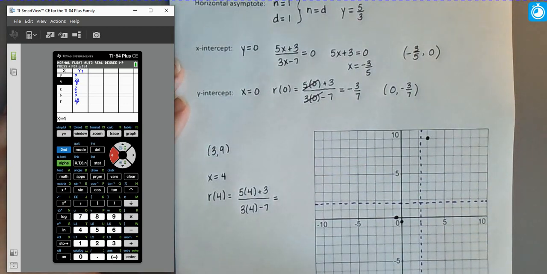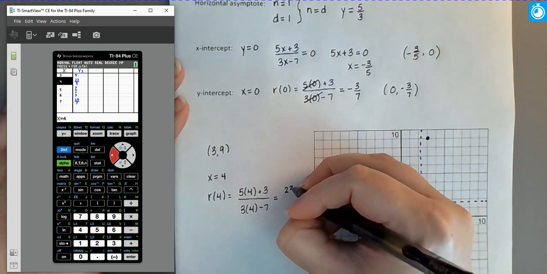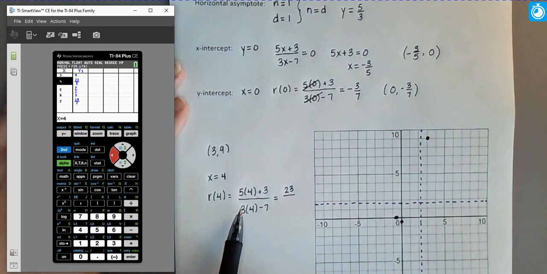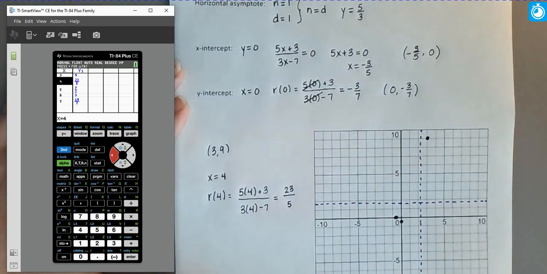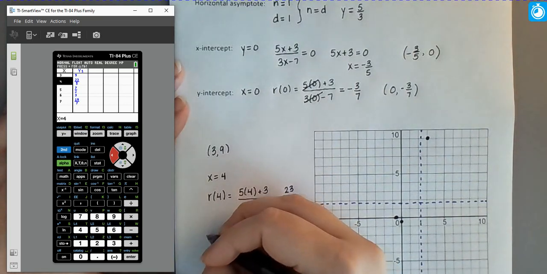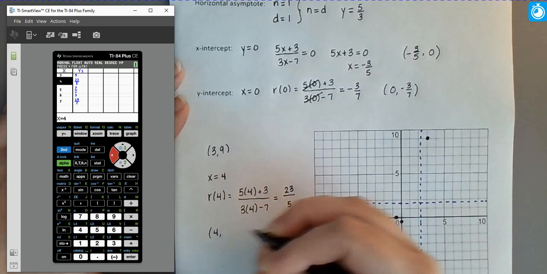Now I want to simplify my numerator, simplify my denominator. So 5 times 4 is going to be 20. 20 plus 3 is going to be 23. And then in my denominator, 3 times 4 is 12. 12 minus 7 is going to be 5. So 23 over 5, which matches with what the table has given us as well. So another ordered pair on this graph would be 4,